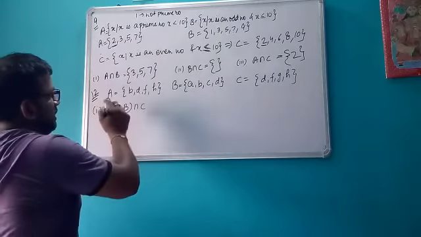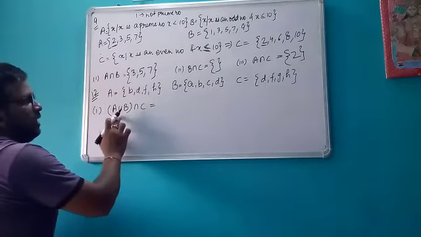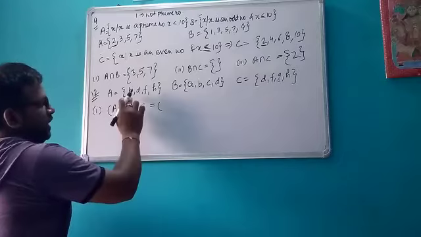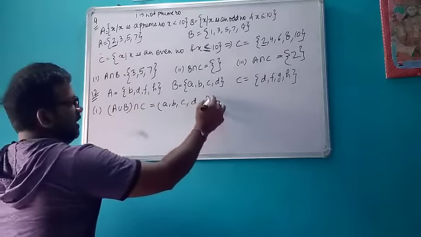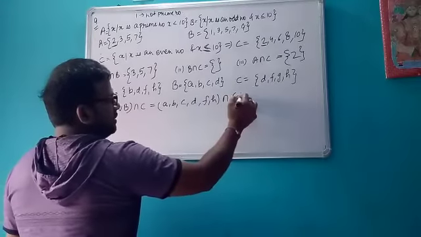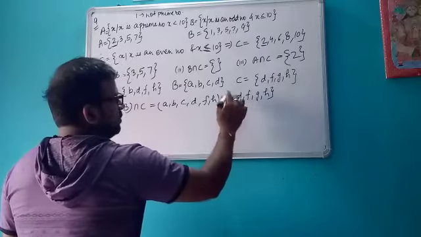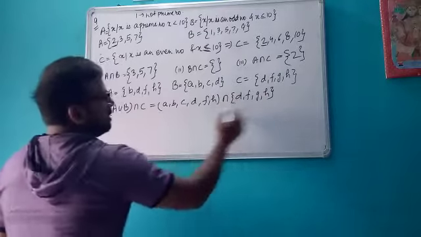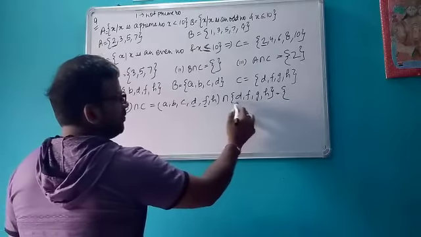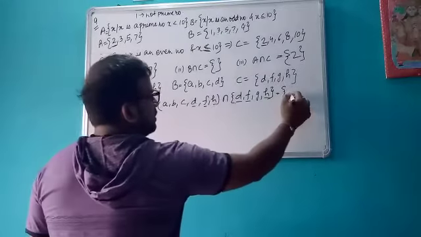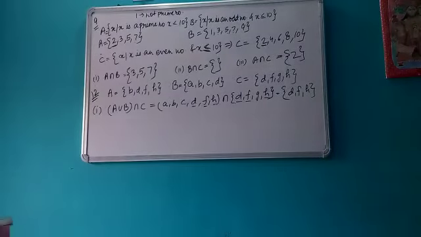Now all the three sets A, B, C are given. Now we have to do the operation. First we have to calculate A union B. So what is A union B? All the elements B, D, F and H. Intersection C. So what will our answer be? The answer will be all the common elements, that is D, F, H. So it is D, F, H. Okay, like this.